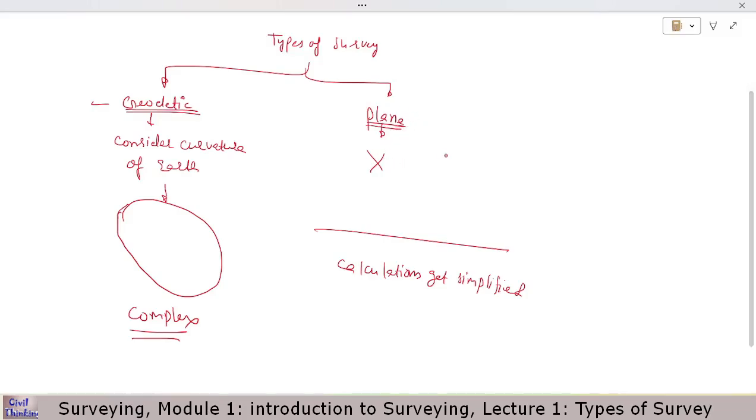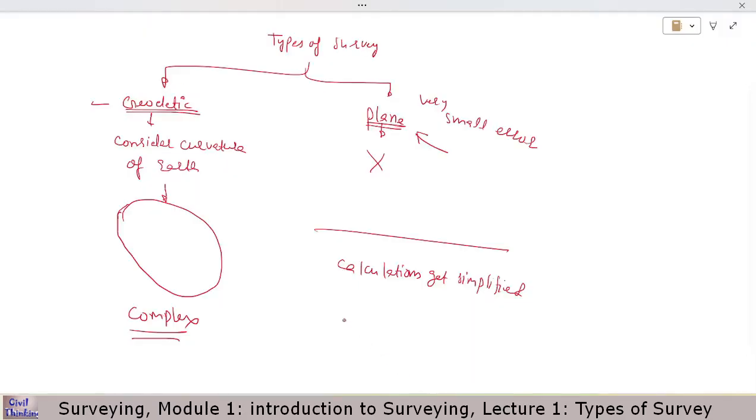However, we can still use the plane, because the error is not much. It has a very small error. So when there is a very small error, we can consider this plane surveying tool. Now, what I mean by this simple explanation